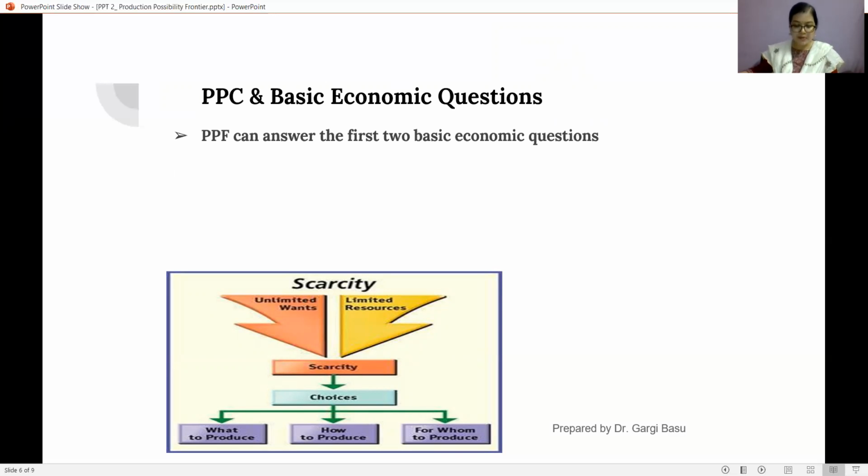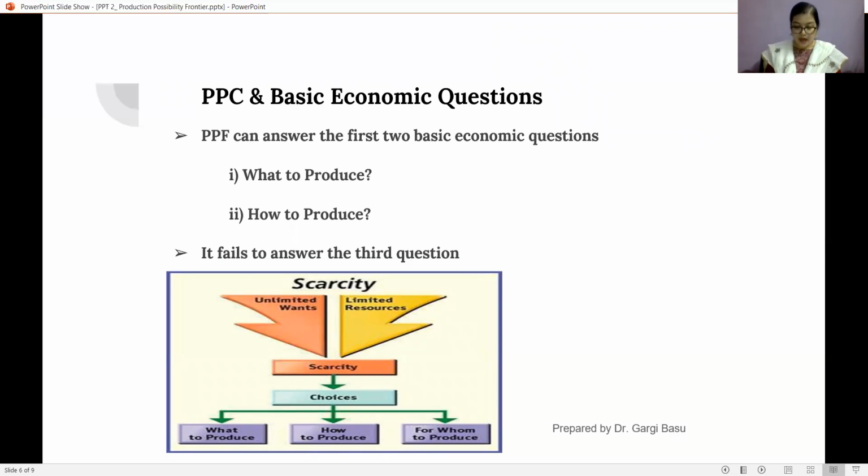PPC shows the maximum production of 2 goods with the given resources. If the society decides to have more cloth output, it will lie close to point B. Remember the previous diagrams. If the society plans to produce more food, it will be nearer to point A. How much food or cloth output will be produced using the available resources greatly depends on the demand for these 2 items. Production will be made in accordance with the demands for the products.